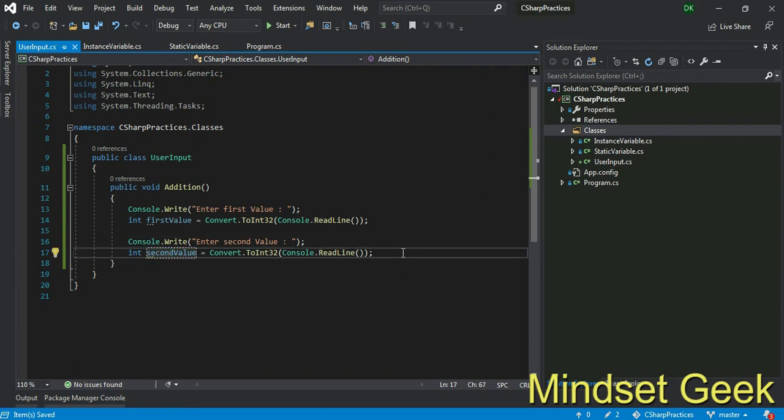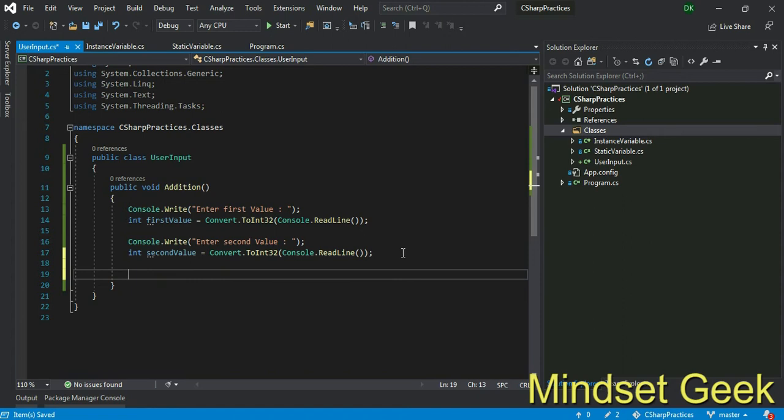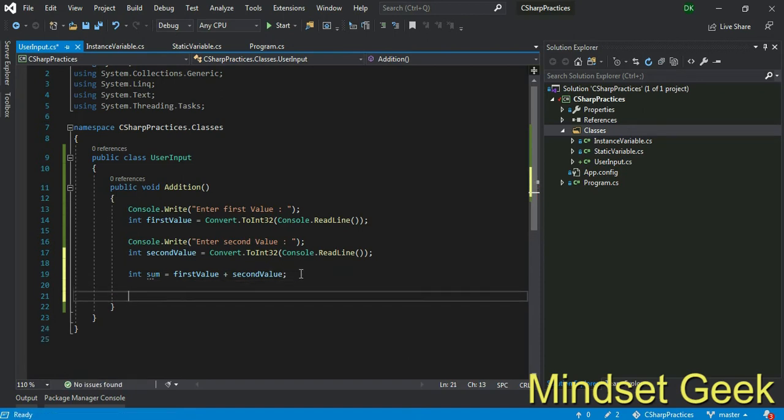Use the variable name secondValue, right? Now I create one more variable, int sum, right? We use the summation of firstValue plus secondValue, right? Now I want to print something, Console.WriteLine. I want to print some string and the sum value, right? Sum of